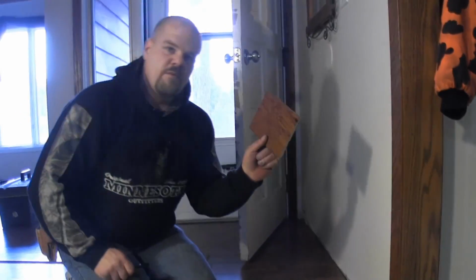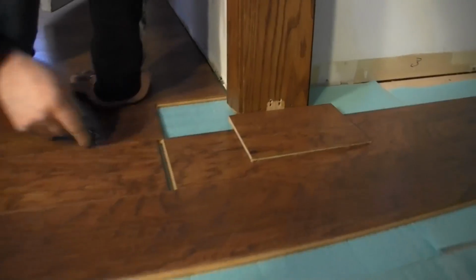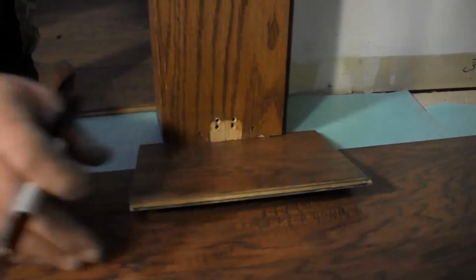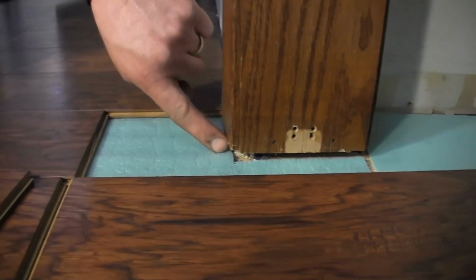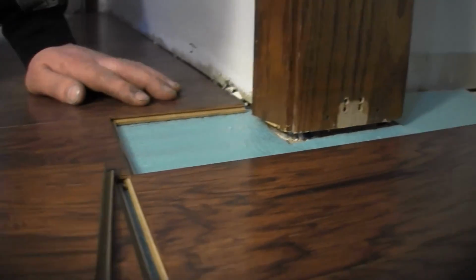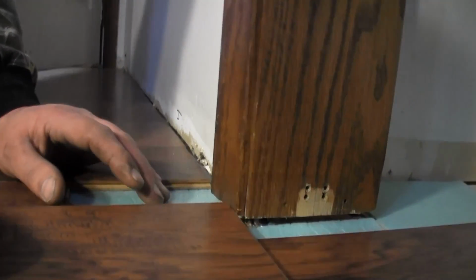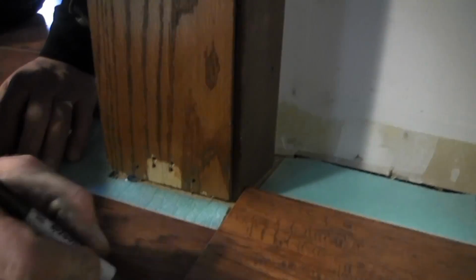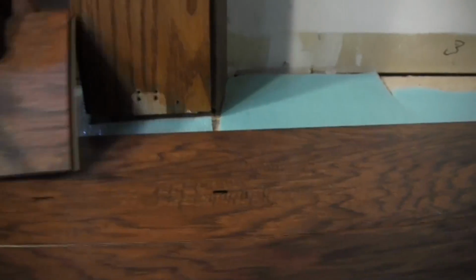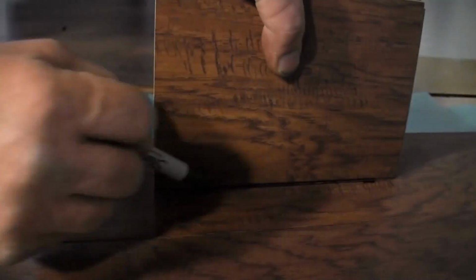Now I take my cheater board that I made, and all I'm going to do is come up right next to it. Now this isn't sliding underneath, so I need to figure for that. So I'm just going to go on this side of the jamb. Now I know that my jamb slides under there about a half inch before it hits the wall, so I'm just going to take my board and move it over about a half inch there. I'm going to make a mark there, come around and do the same thing on this side, make a mark there. Now I can just take this and draw my line,